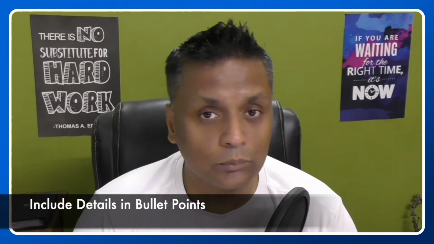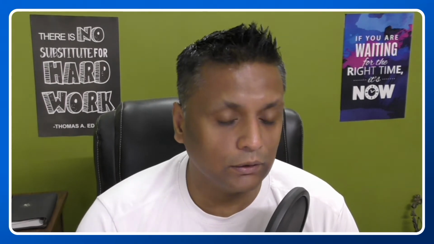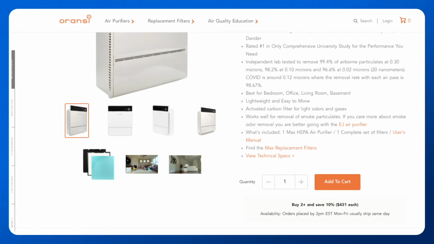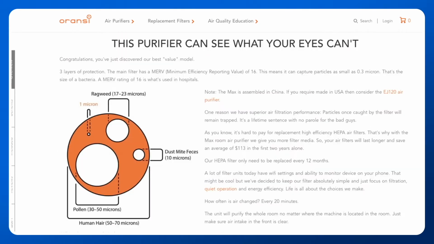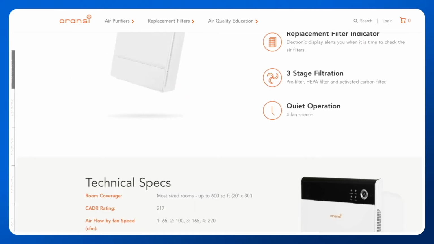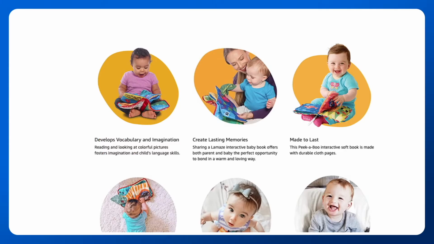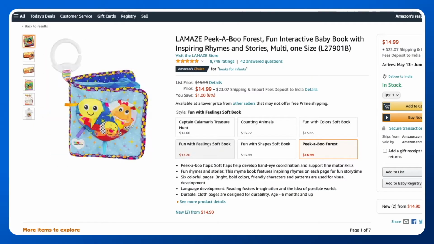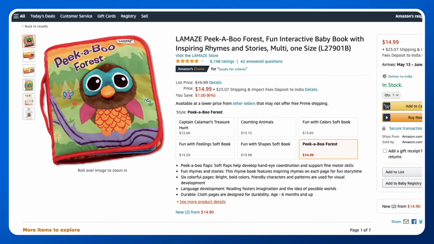The fourth point is to mention any additional details or features in bullet points below the description so that your customer can get all the information, what they want, what they're looking for. Again, let me show you as an example over here. You can see, there are bullet points. The information is there in the bullet points, and there is also description down at the bottom. See, again, there are these bullet points that are going to give all the information, and we can see over here as well. So they have also given the information in bullet points which is useful for your customers to find out what they are looking for.